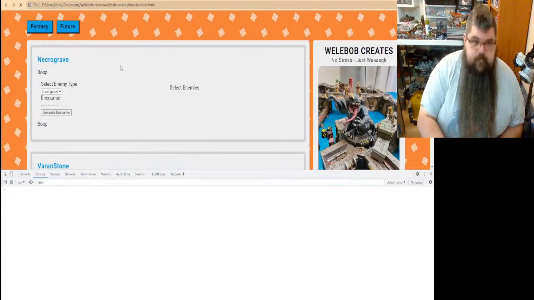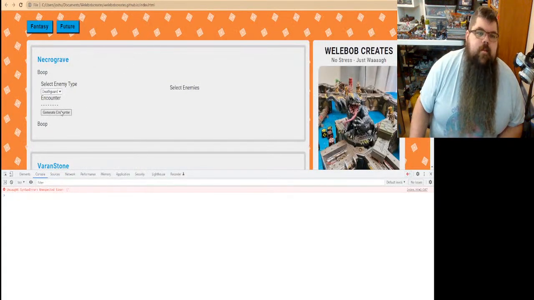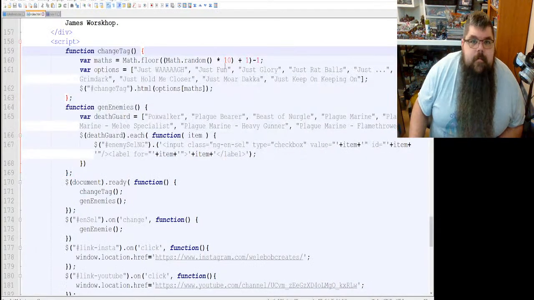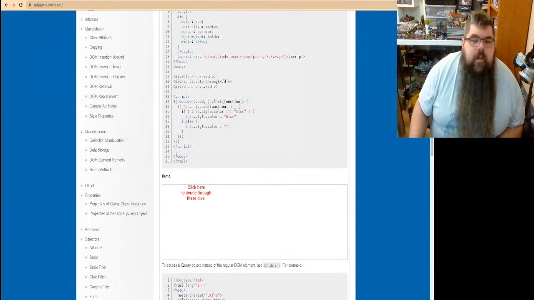Let's check. 167, unexpected token. Why are you giving me an unexpected token there? You shouldn't be doing that.